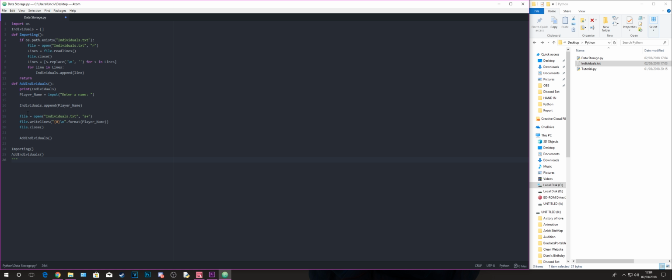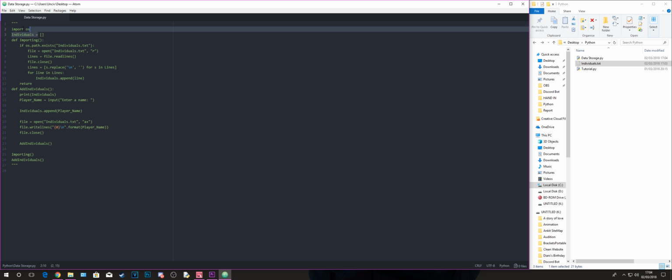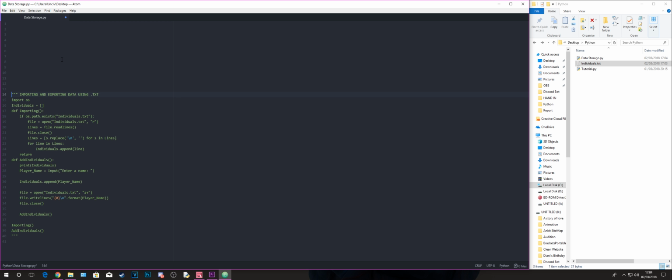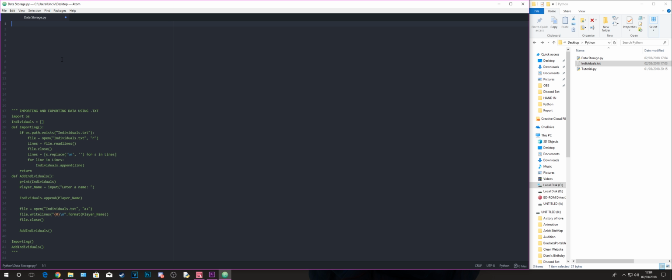We're gonna add a comment there: that all is for importing and exporting data using .txt. The next thing we're gonna do is importing and exporting